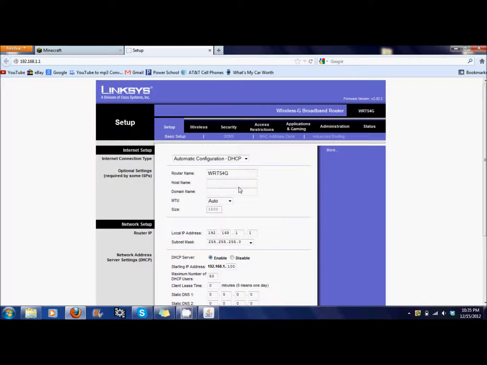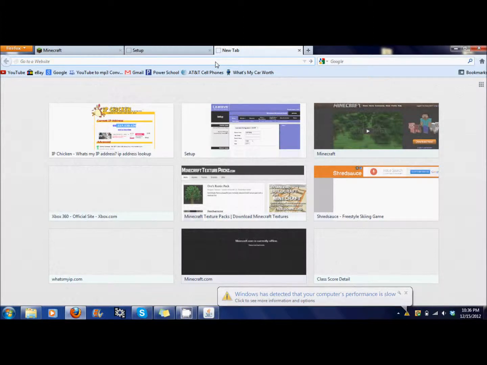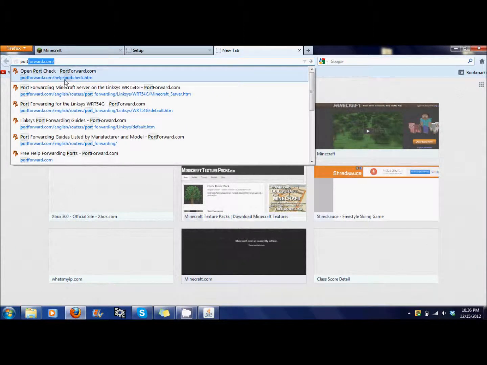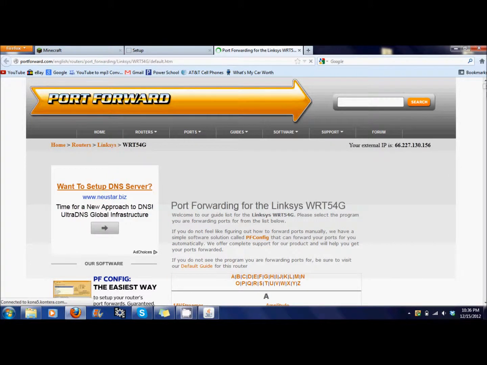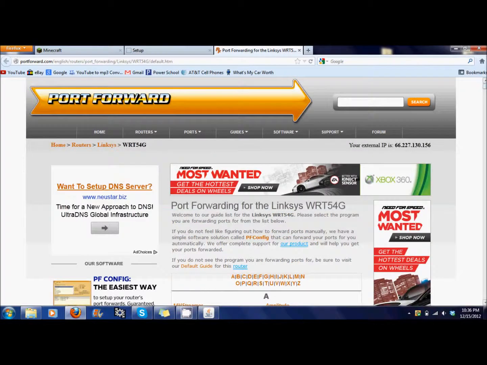You're going to want to type in the username admin and the password, depending on what router model number you have. It will ask you for a username and password, which will be admin for the username and admin for the password for Linksys, and for other things it might be admin, blank, or password. It could be totally different, and if you don't have Linksys, you can go to portforwarding.com. I have the Linksys WRT54G, so it pretty much just shows you,